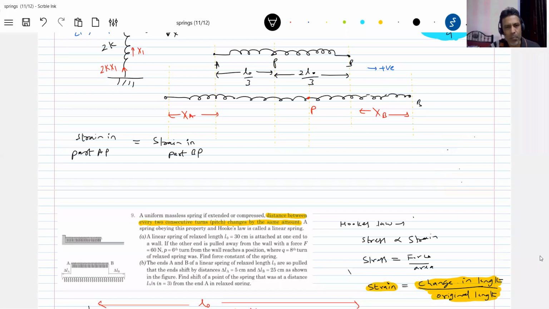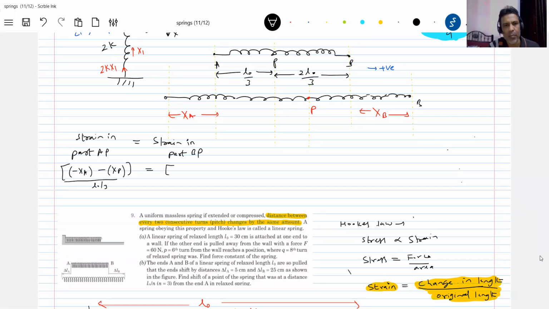Okay, what is the strain in part A? So here, minus XA. Why negative sign? The displacement of end A is towards left, no? Minus of XB. I don't know this, I'll not put a sign. Divided by, what is the length of this? L0 by 3. What do you mean by strain? Change in length by original length, no? Should be equal to XB